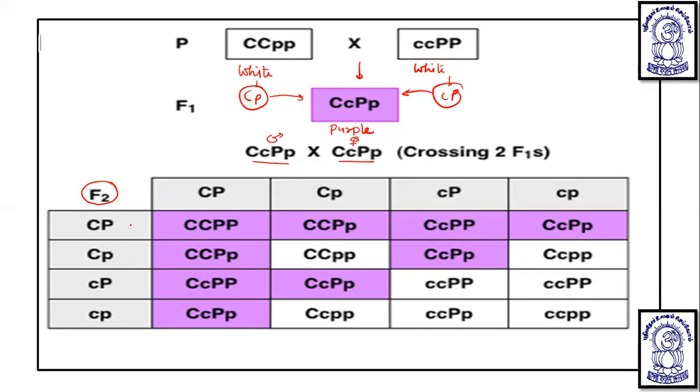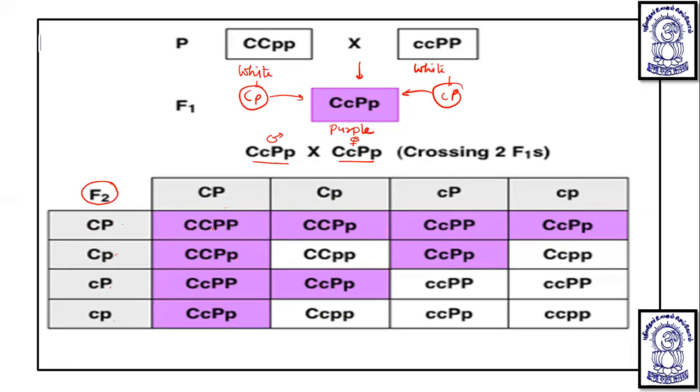If we make a cross like that, then by crossing this with this one, this genotype will be obtained, and likewise for this one, this one, this one. When we are crossing with these four, these four genotypes will be obtained. And lastly, we are crossing small c small p with all of these, and this particular genotype will be obtained. Now, if you talk about phenotype, then you can see